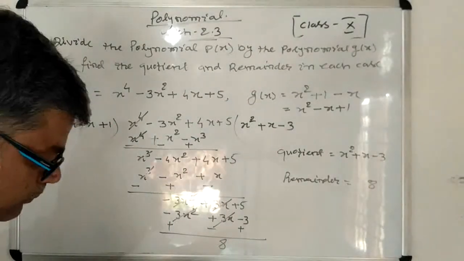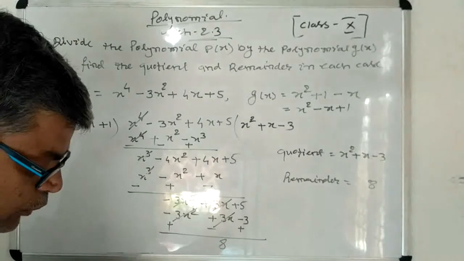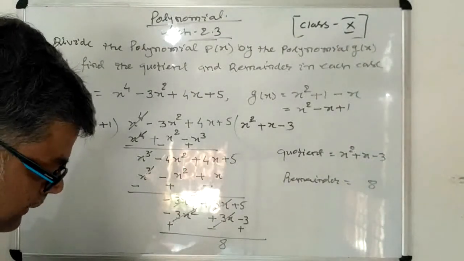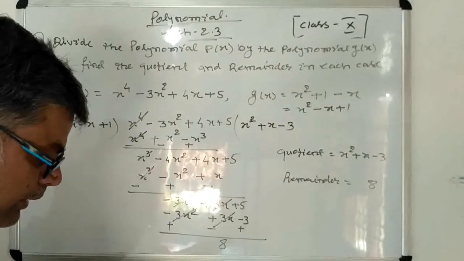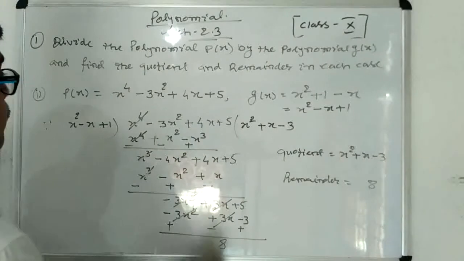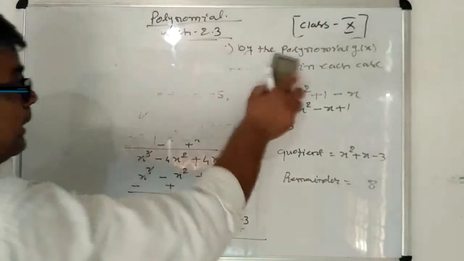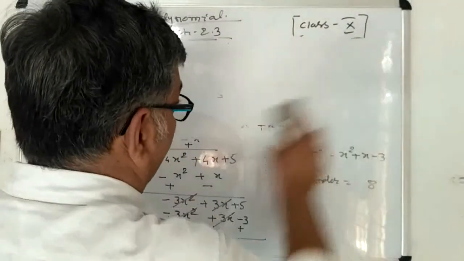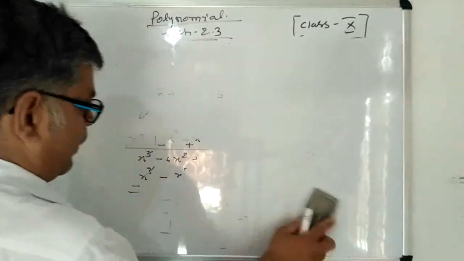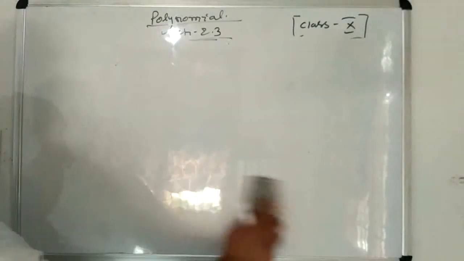Now the second question is also to check whether the first polynomial is a factor of the second polynomial by dividing the second polynomial by the first polynomial. Now we have to check the divisor, is it or not. Two polynomials are given, the first polynomial and the second polynomial. So in factor also we need to do division.